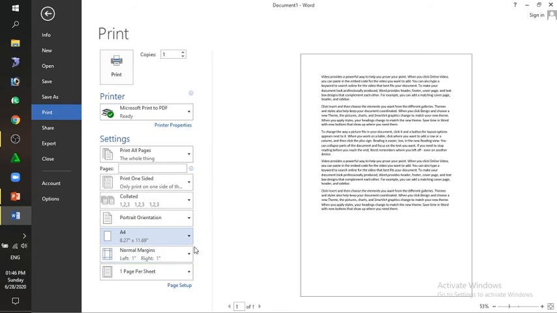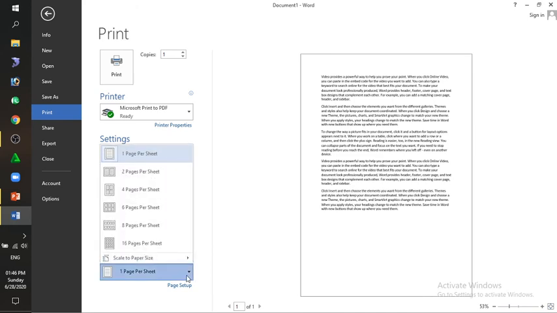After the page size, you can see the margins. So margins means basically the left side, right side, top and bottom spaces, and then how many pages per sheet. The document which you want to print is the pages, and the sheet in your hand on which it will be printed is the sheet.